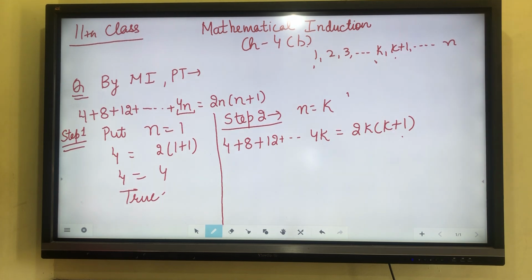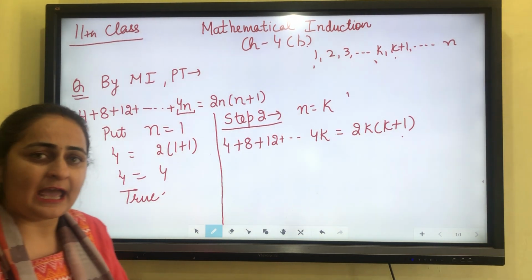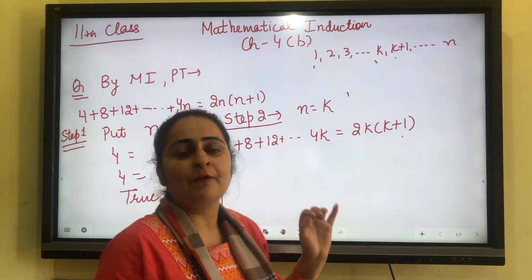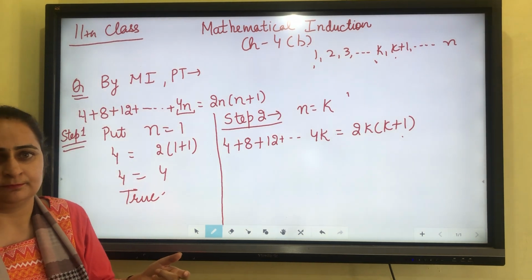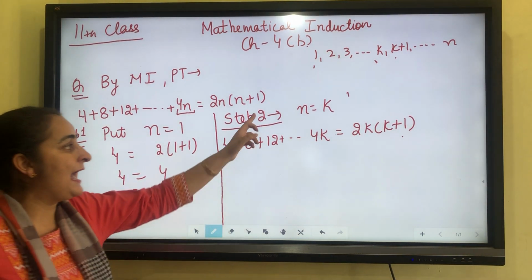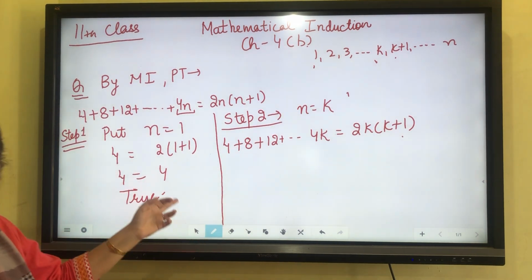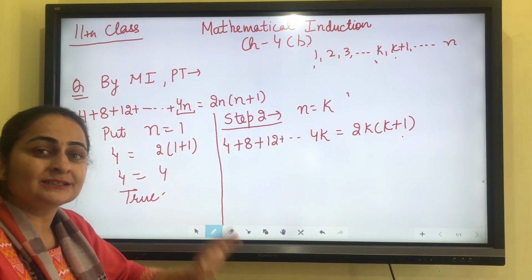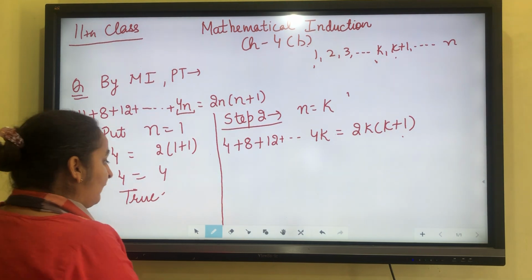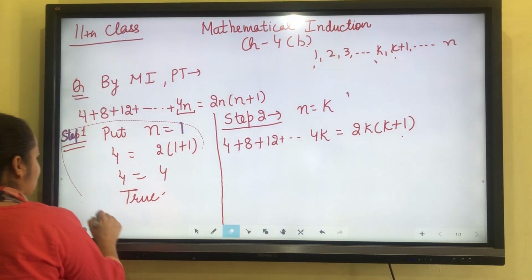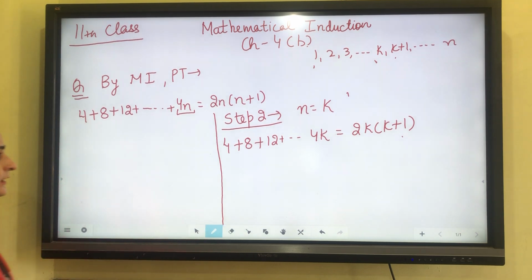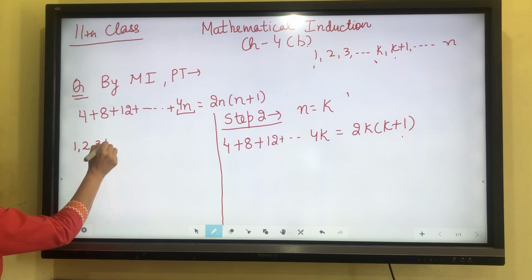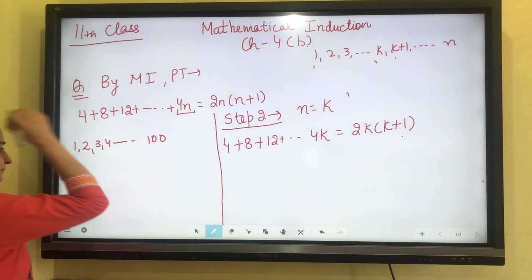Let's take a simple example. If we have n number of terms, but out of these I want to keep the 100th term, then n is equal to 100. How do I write the equation? First term, second term, third term, and last, in place of n, the 100th term. If after this you want to write the 101st term, then for 100 terms you write the first term, second term, third term, fourth term, and the 100th term.